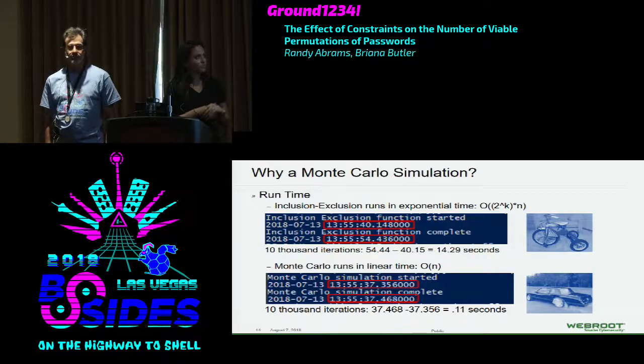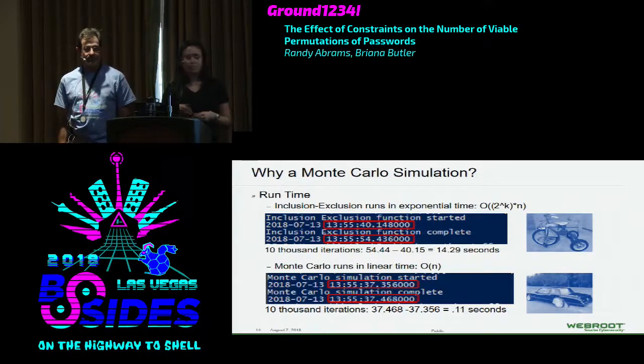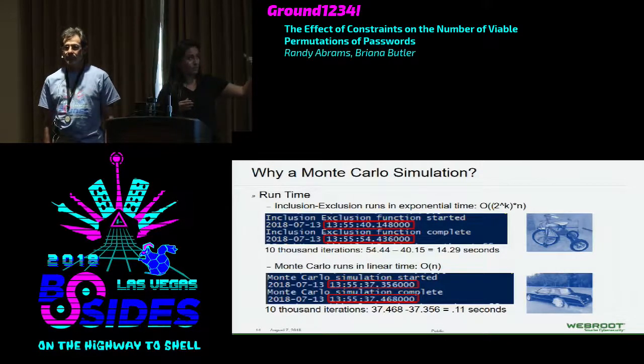The inclusion-exclusion would run in exponential time, represented by big O of 2 to the k times n, with big O representing sort of the limitations or the performance of the algorithm. At most, inclusion-exclusion will run at 2 to the k times n, k representing the number of variables or the combination of the constraints, and n being the number of password iterations. In this case, we iterated through 10,000 passwords, and it took nearly 15 seconds,